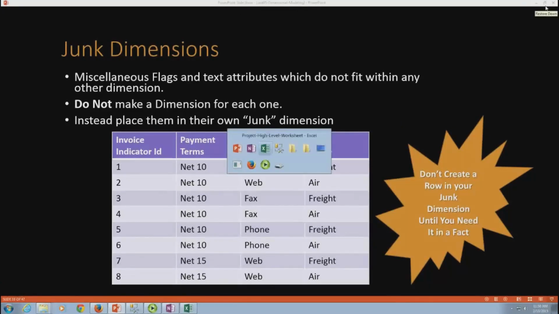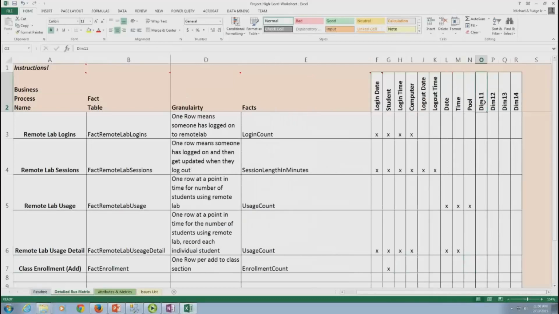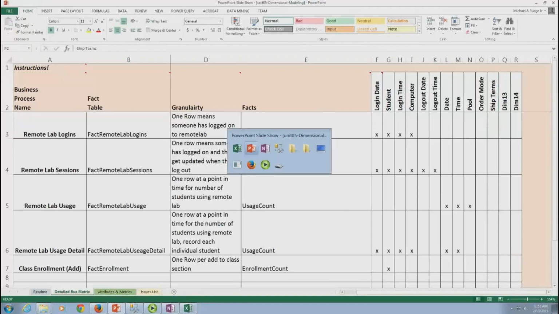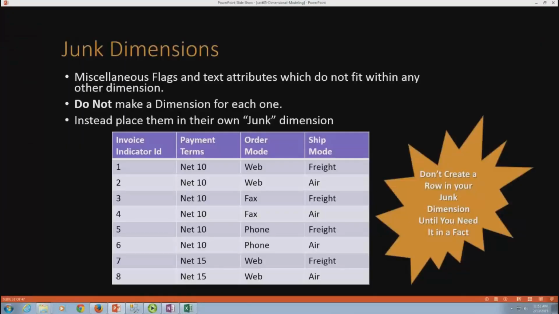You're back over here, and you're up here, and you're like, well, I need order mode, and I need ship terms. Ship terms, 1 to 3 days. Order mode. Right? Okay. These are their own dimensions, but you probably don't want to put them in their own dimension table because then what you end up having is a whole bunch of foreign keys in your fact table. So what makes sense is you make a table with every possible combination of these codes, and you call it